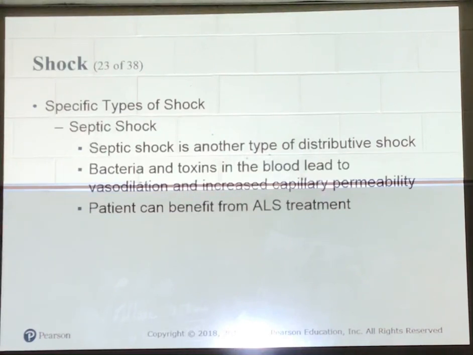Can also have an altered mental status. This can be because of any of the things